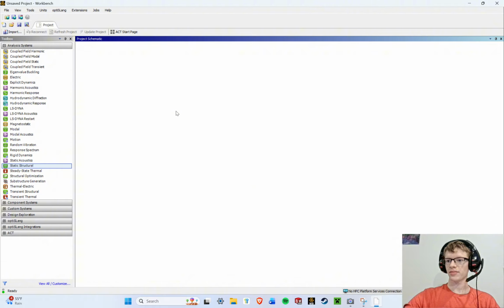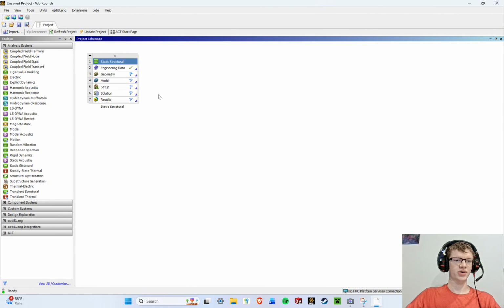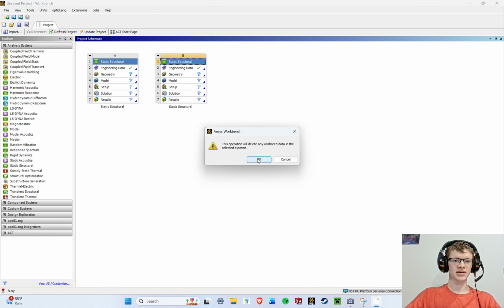So now let's discuss how to actually set up a system. Static structural is the one for Ansys Mechanical. What we want to do is take this out of our box of options, and put it into the actual project schematic. There are two ways. You can double left click, and that will put it here, or you can click and drag it. Now you'll notice that if you right click and delete these two,